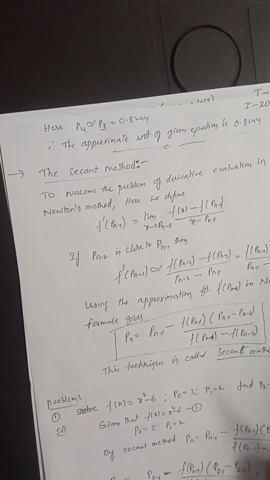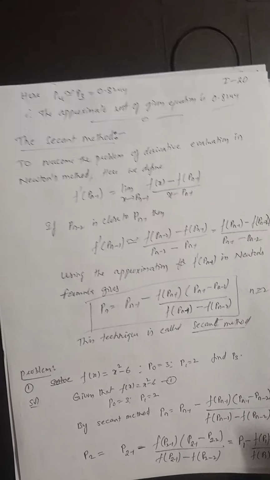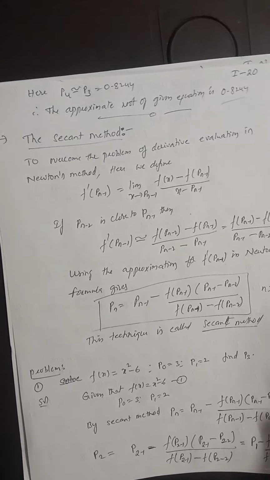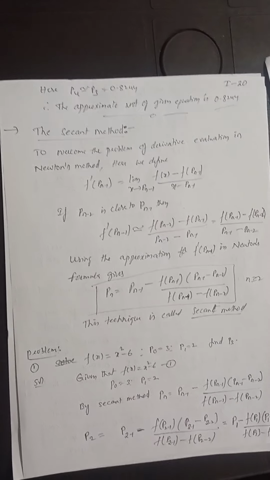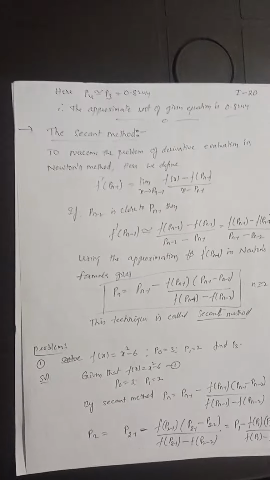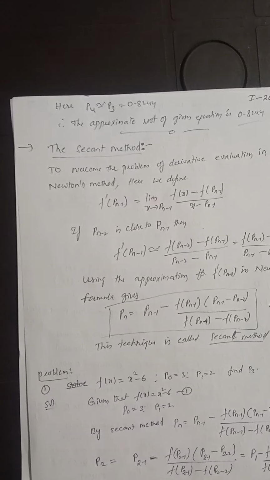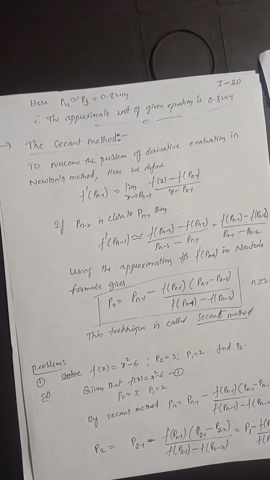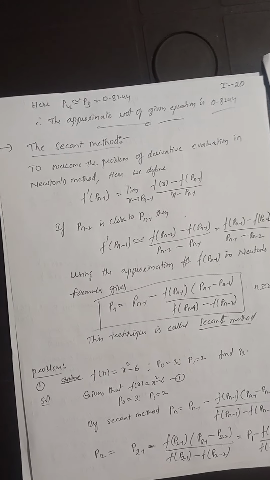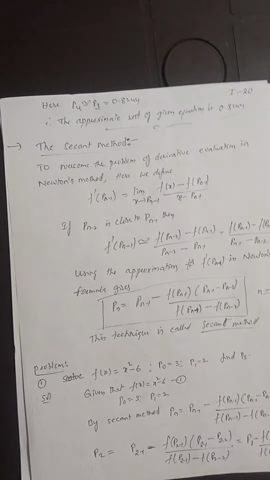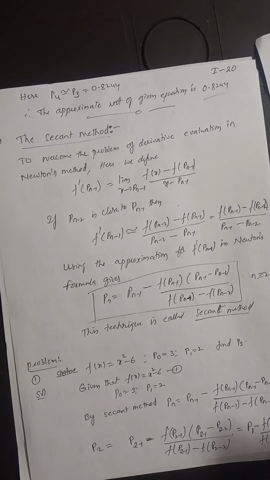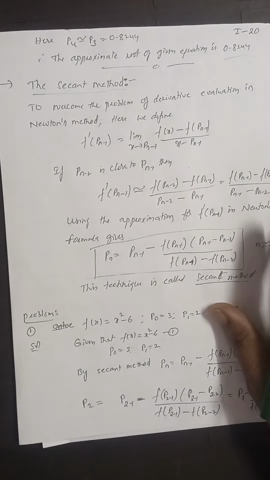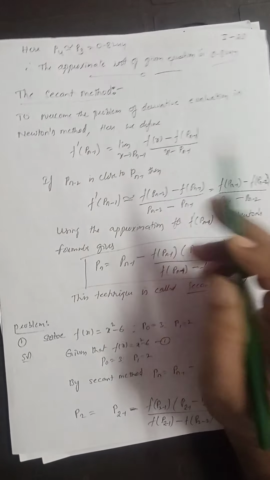The next one is the secant method. Secant method is similar to the Newton-Raphson method only. What is the advantage of this secant method? Here there is no need to find the differentiation. In the Raphson method we have to find the differentiation of the given function, right? To overcome that problem, here we are using the function values only. By using the function values, we are going to calculate the approximate root of the given function. See, the derivation of this definition is not important. There is no derivation actually. Simply we are applying the limit of the function at a point Pn minus 1 only.